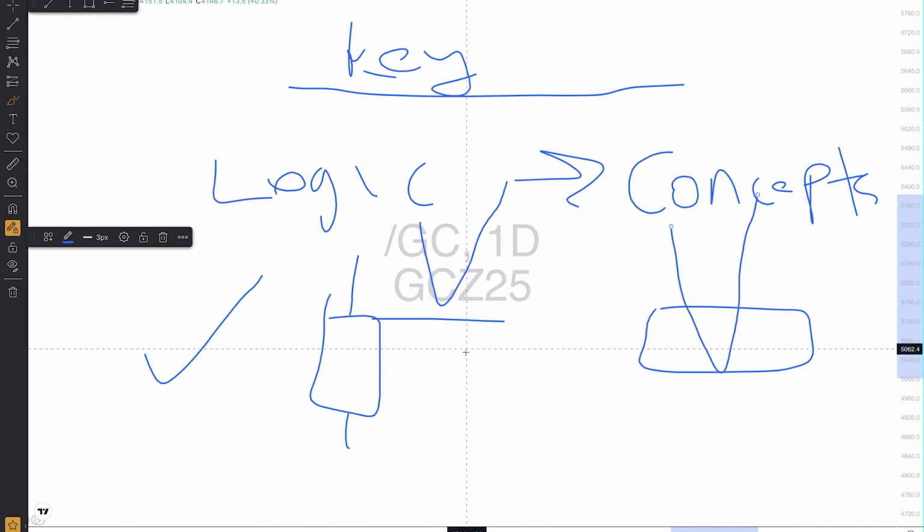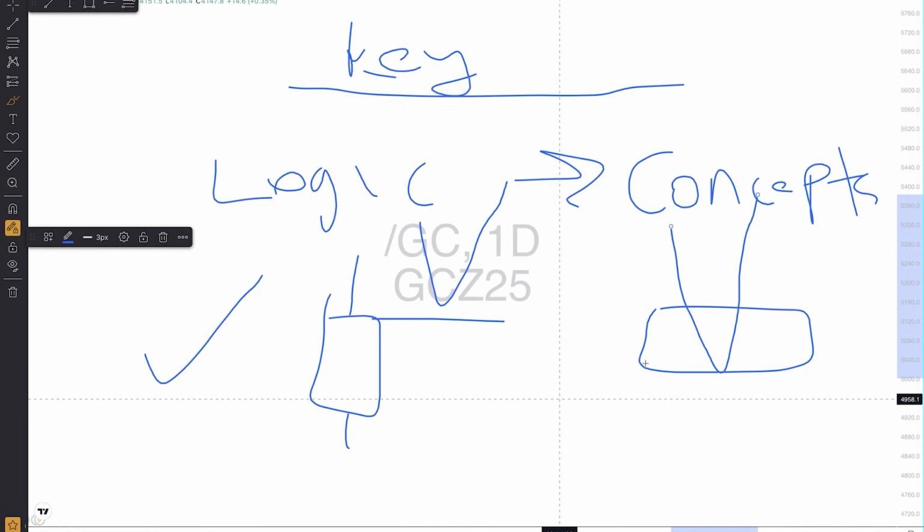If you can understand the logic behind this, it makes it easy to understand: okay, price just violated this bullish order block and was supposed to be bearish. Okay, what am I going to look at? If it's violated this bullish order block, what's below that? What's next to that? If it's going to go lower, it might be targeting a fair value gap below this bullish order block, a daily low below this bullish order block.